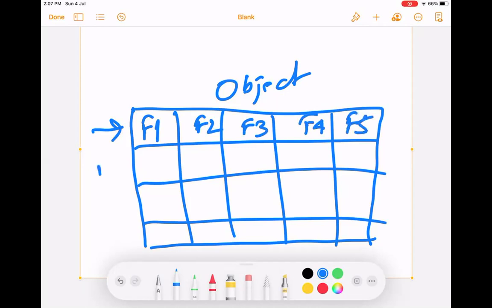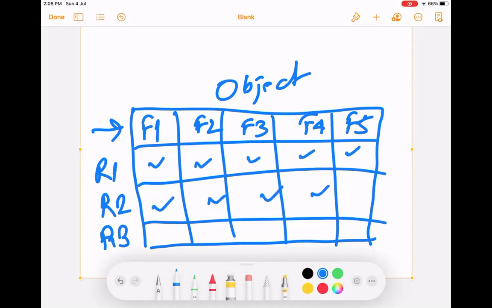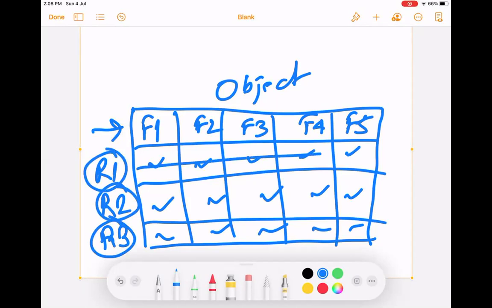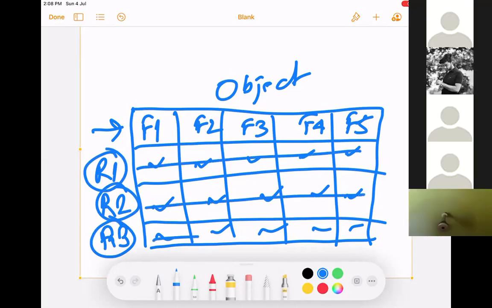And these are rows, right? So here you put data across different cells. This one is called record 1. This is record 2. This is record 3. Now, you are talking about security here.